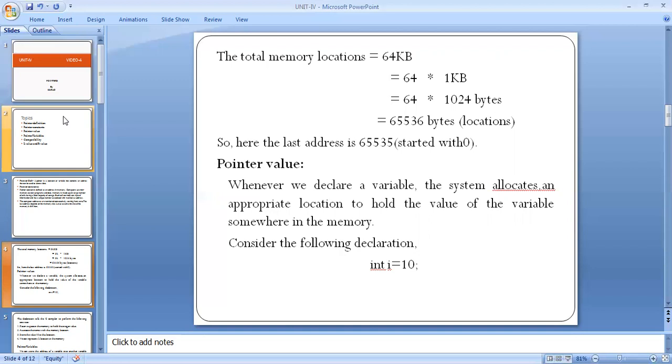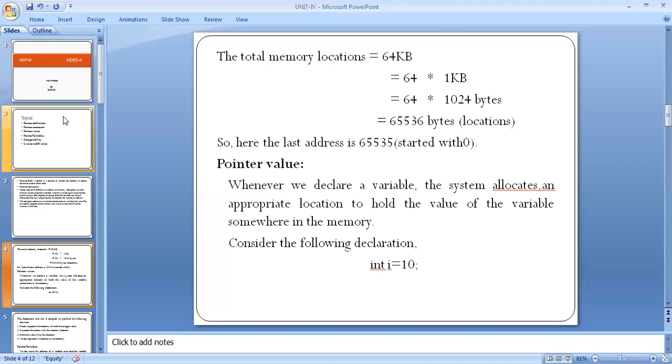It means that 65,536 cells are in the 64 KB memory. So the last address is 65,535, because the memory is numbered starting with 0.